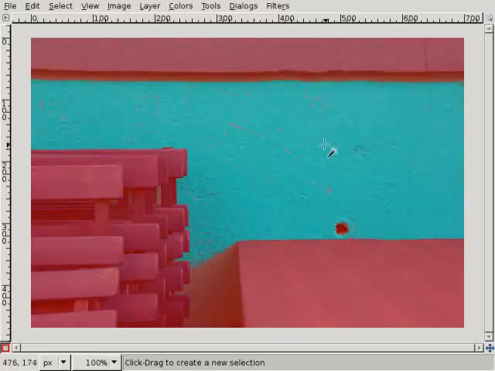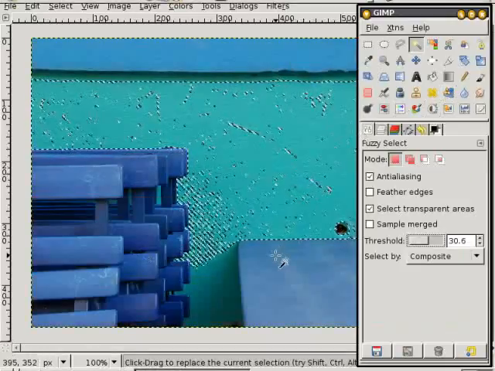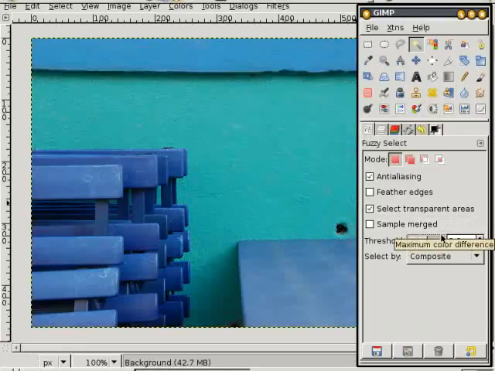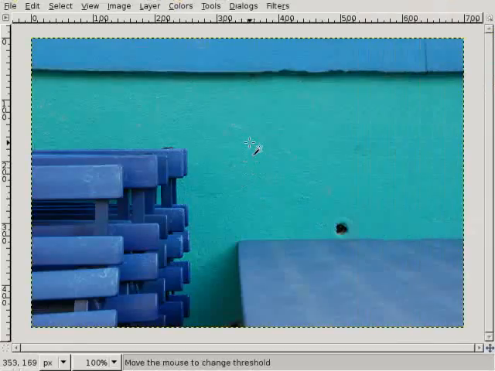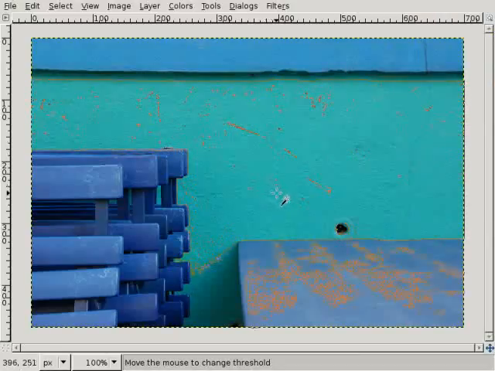And let me go switch back here. Press Tab to get this back. Shift Control A to unselect everything. I can do this in a different way. Go back to threshold 0. Click into the image, and now I'm drawing the mouse down and right. Both things work, and so I increase the threshold, and here you see